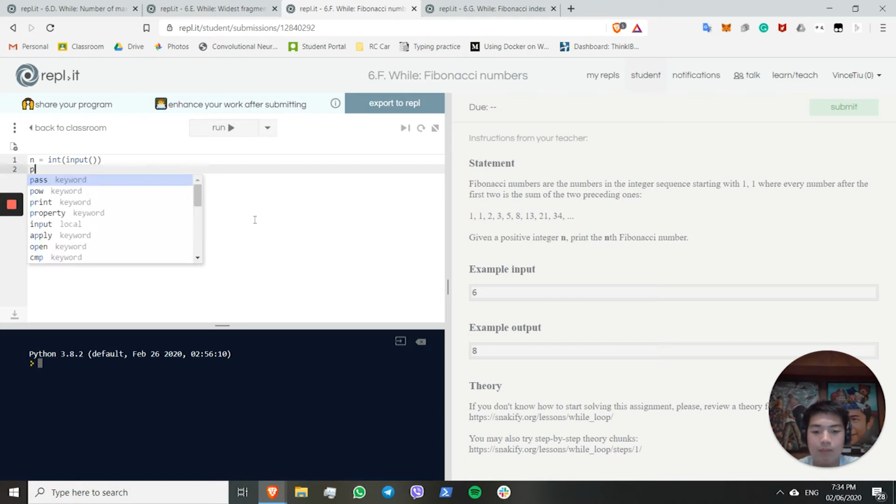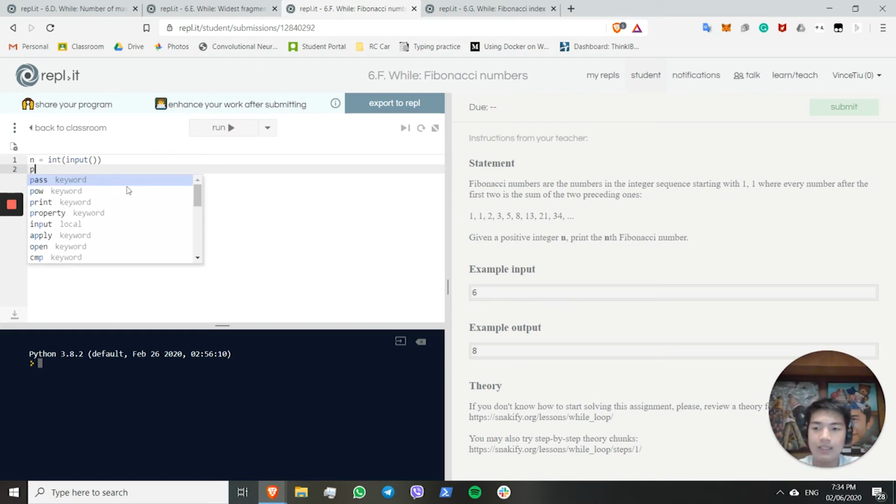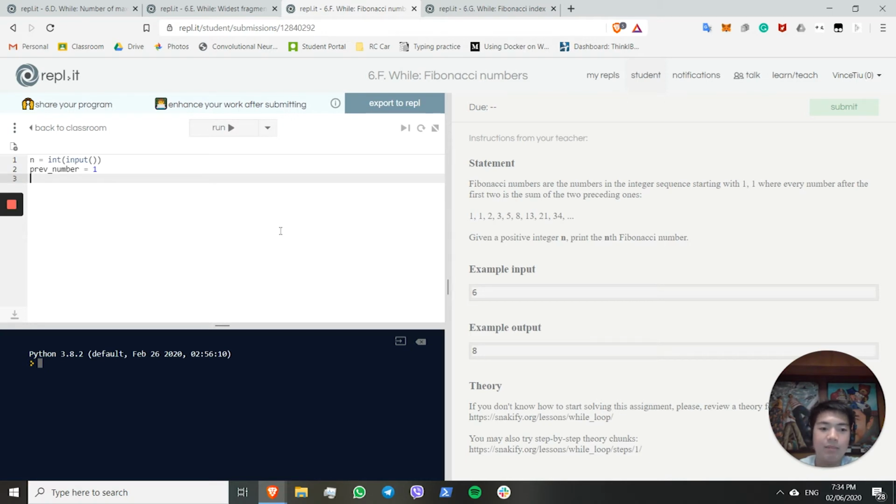So we want to store the previous Fibonacci number and the one 2 digits ago. So let's say prev number is equal to 1, because remember the first numbers are always 1, 1. And like the second number, prev number is also equal to 1. And we want to loop over n times. So we can say while n is greater than 0, then we want to